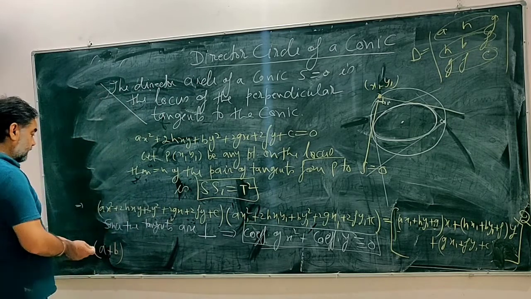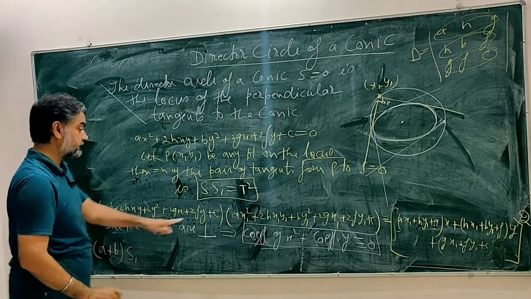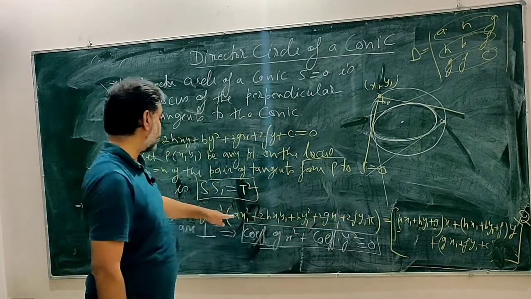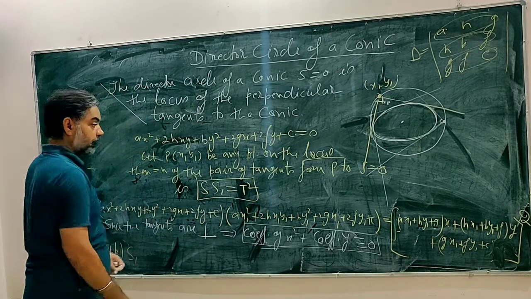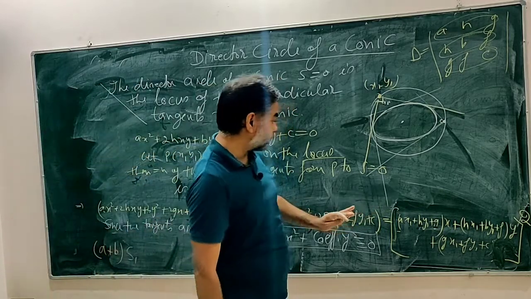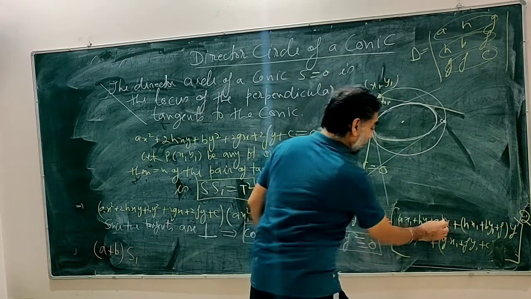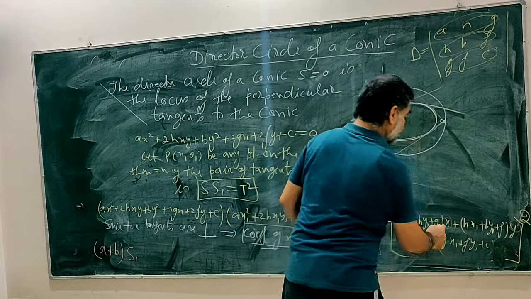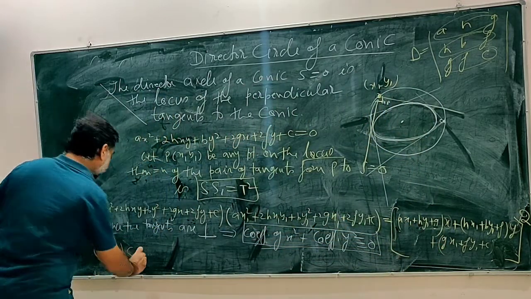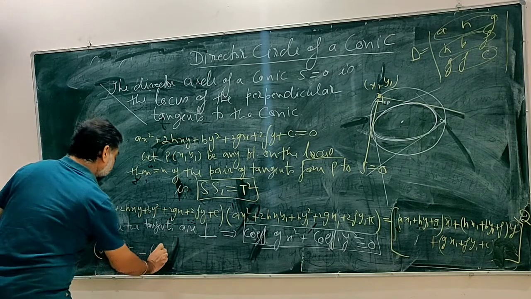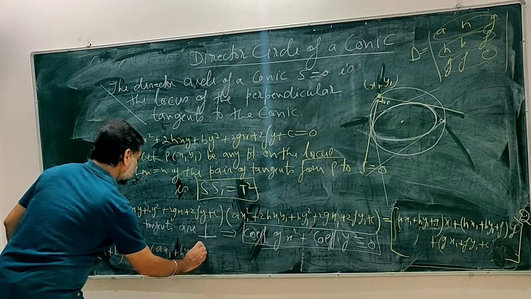So (A plus B) into S1, and then you will also have the coefficients from the square here. You will have this square and this square, a coefficient of x square and y square. When they come to the left hand side, they will have a negative sign. So minus (ax1 plus hy1 plus g)